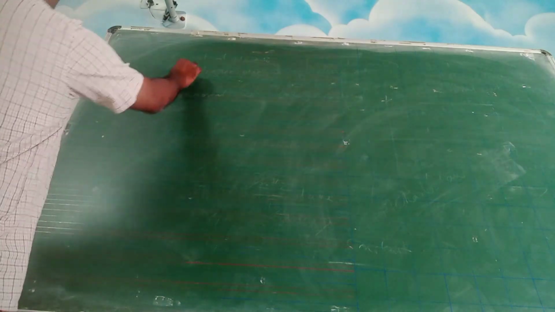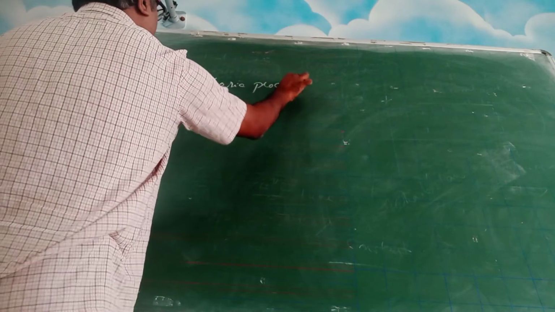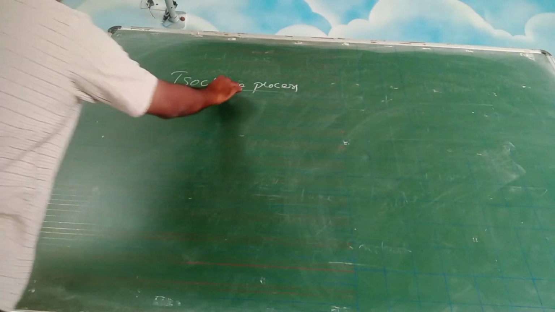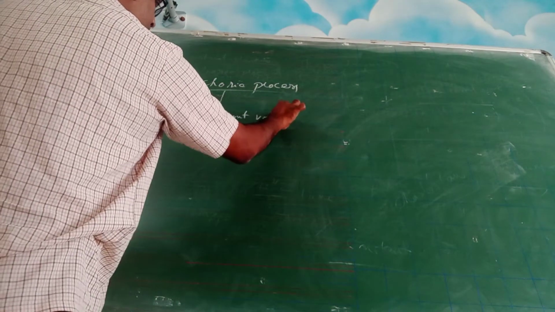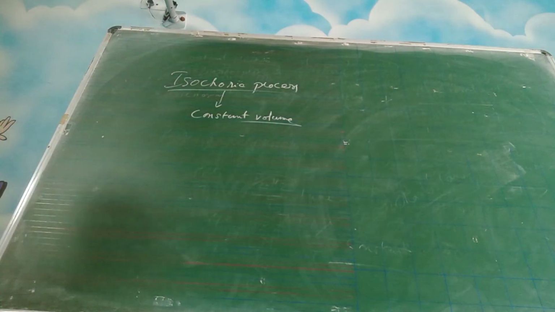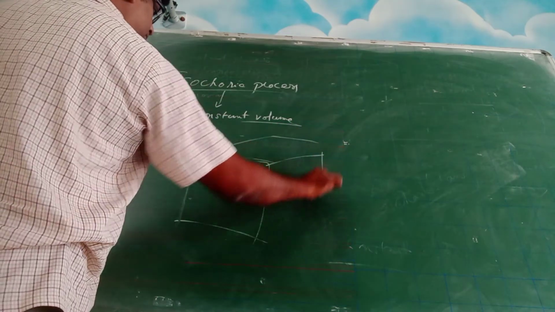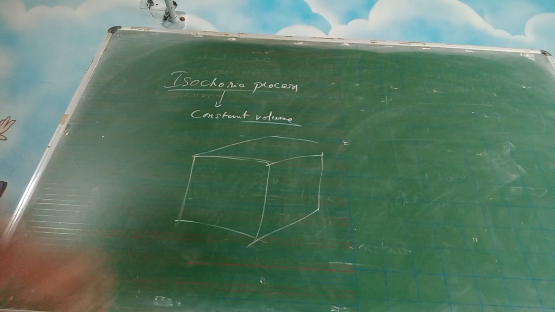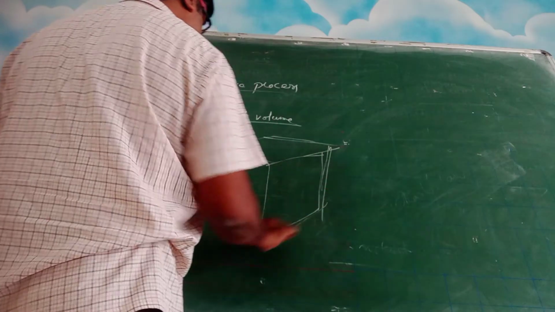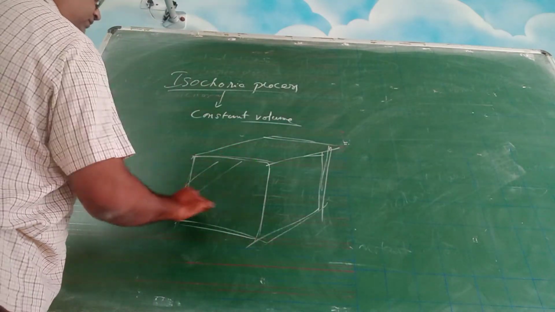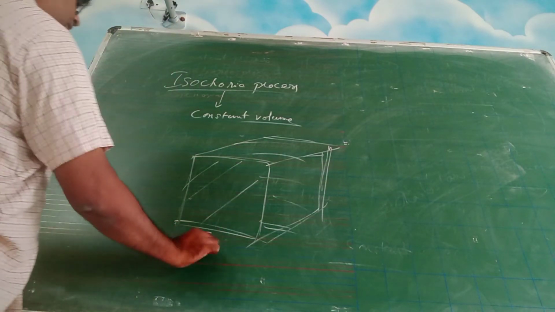Just a couple of small points about the isochoric process. What exactly do we do in this? So here it is constant volume. That's what we have discussed earlier. So basically what we do is you take a container, some container of fixed volume. Okay? There is a container of some fixed volume, right? It's like this. Inside you fill it with the gas, and you raise the temperature.